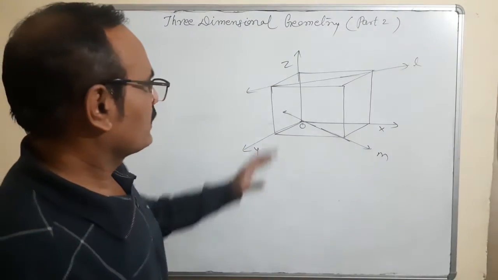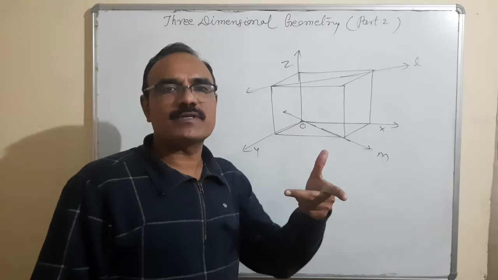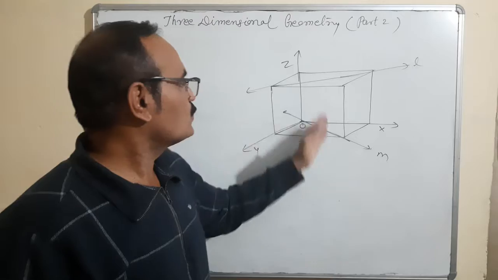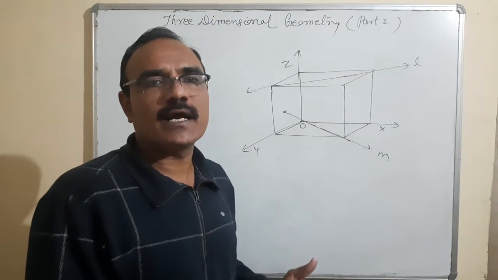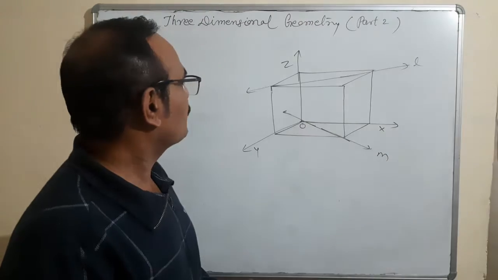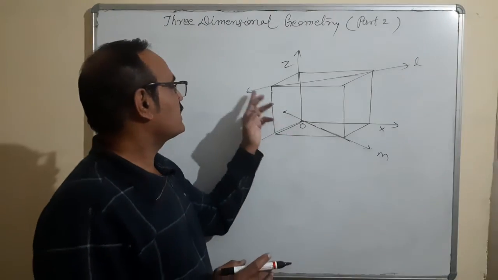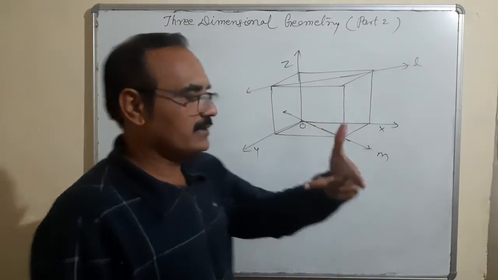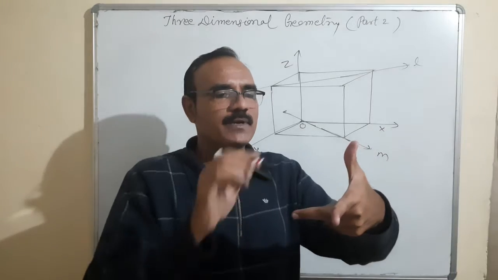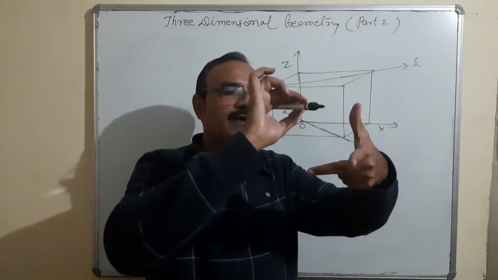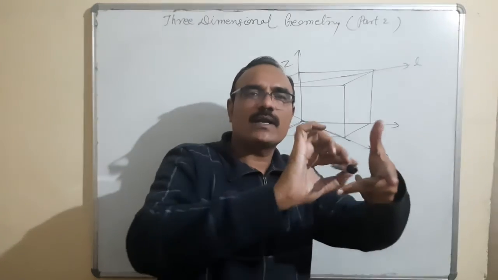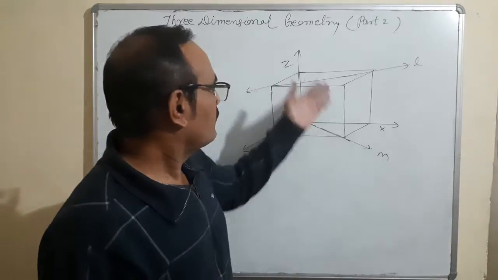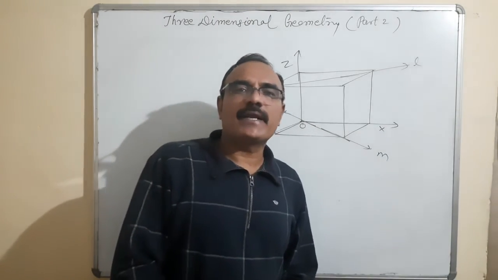Now you can visualize and imagine that it is a 3 dimensional space. First line is going like that, second line is going like that. These two lines will never intersect each other, and they are not parallel to each other. Is it okay? You shouldn't think that this line will be extended and intersect it. That is possible in 2 dimensions, not in 3 dimensions. See, this is a cuboid shape. One line is passing like that, and second line is passing like that. They are not parallel, they are not intersecting. So these are called skew lines.